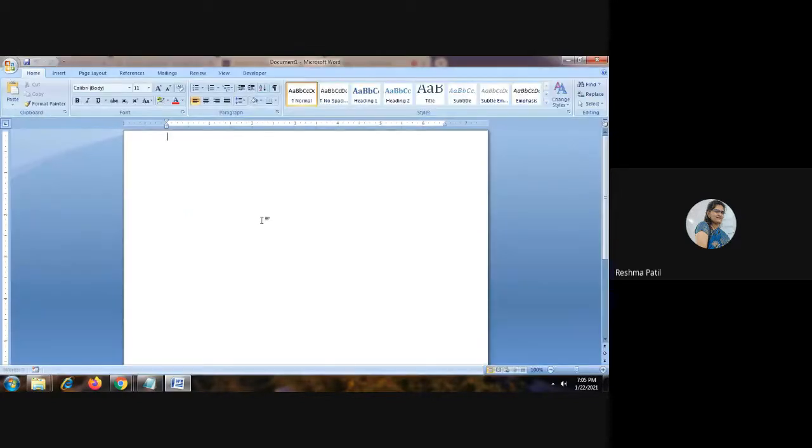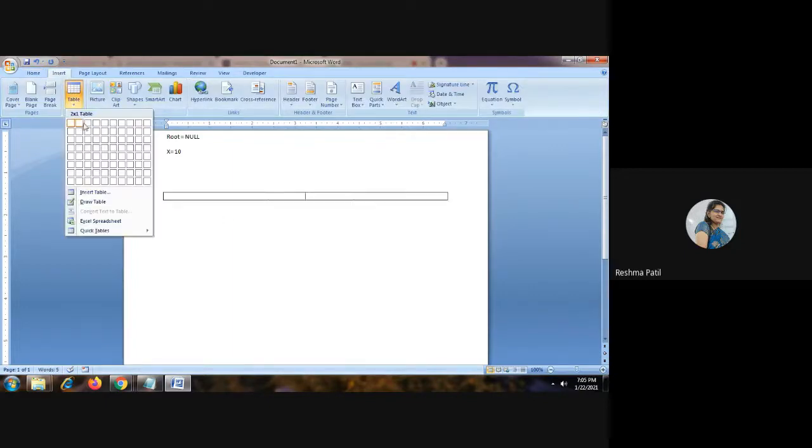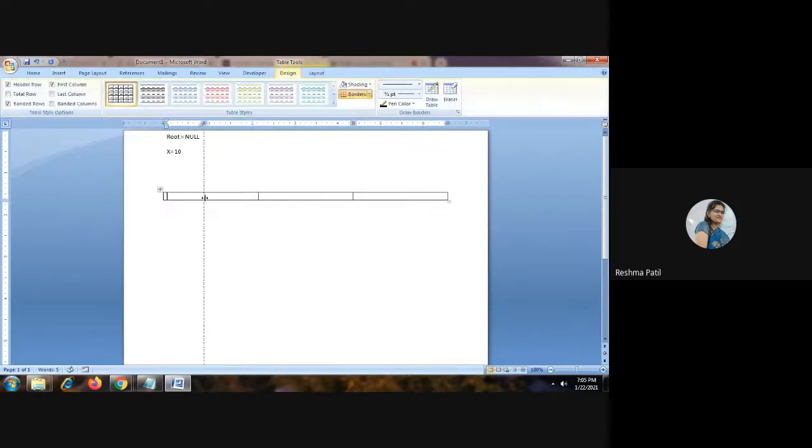So initially root is equal to null and the x variable value is, suppose, 10. As per the structure, our node should contain three parts: data part, left subtree, and right subtree. So suppose your data is 10.